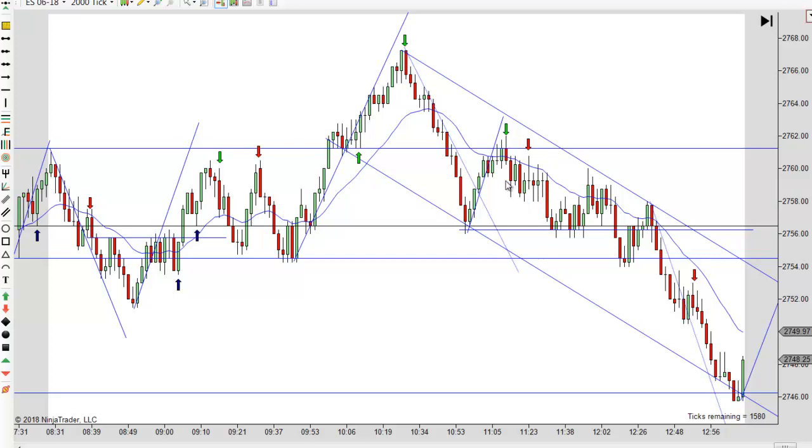Couple of dojis in there. It's just a congestion area, so I'd stay out of that one, because if it goes out, it's probably going to come back again and you'll get a little better entry. And that's exactly what happens. It pushes through, it bounces right back, and you get a lower high here, but we weren't back to the